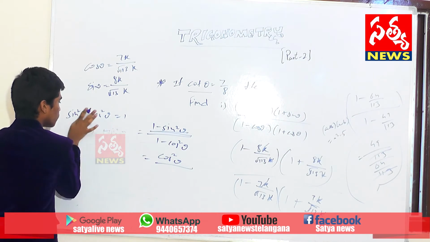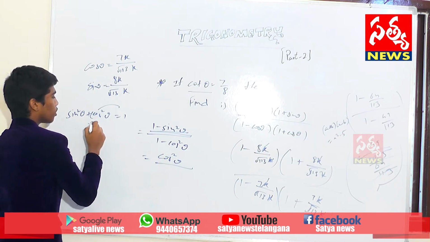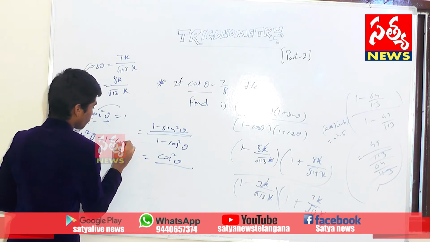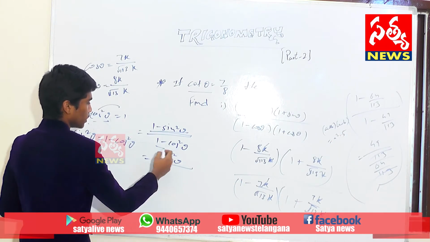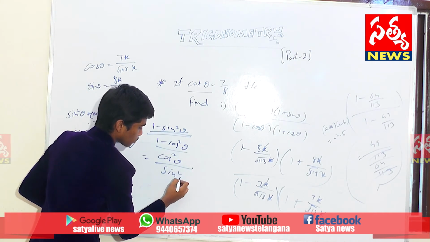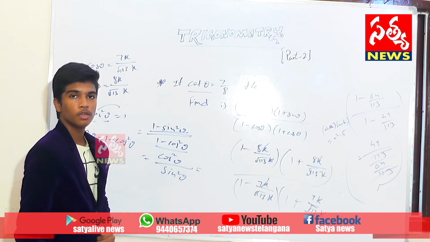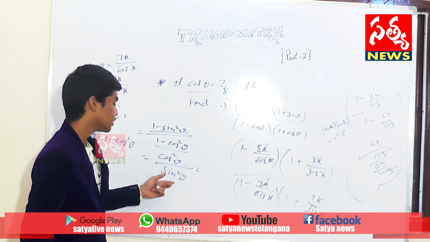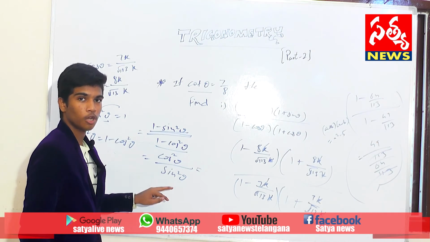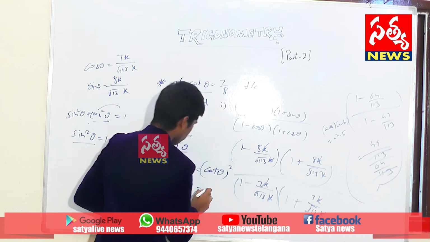And similarly, if we take the cos square theta to right hand side, we get sin square theta is equals to 1 minus cos square theta. See in the denominator, 1 minus cos square theta is sin square theta. Cos square theta by sin square theta, what is cos by sin? It is cot. See here, tan is sin by cos. Cot is reverse of tan, which is cos by sin. We get cot theta whole square.